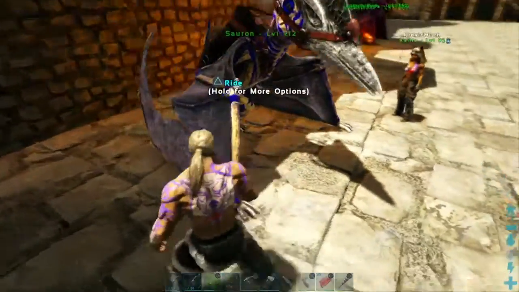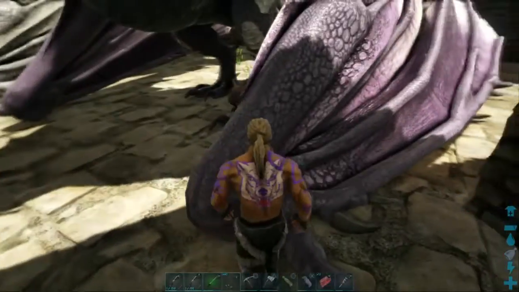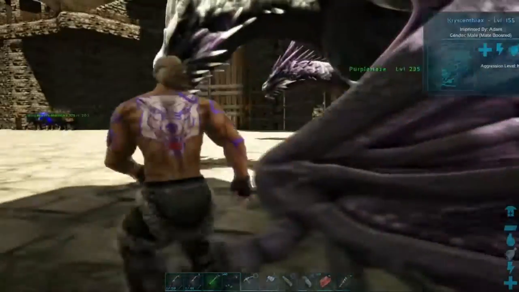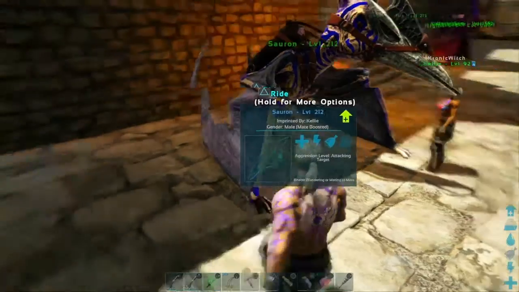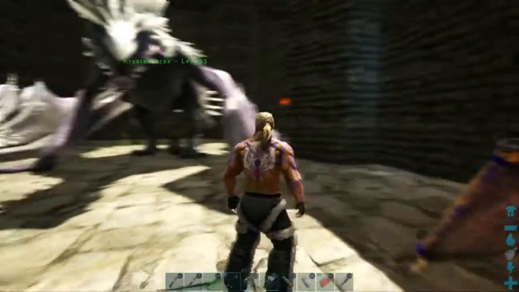Now he is actually Kelly's, he's imprinted to her, just like the dragons. As you can see here on my one, if I can get it up, he's imprinted to me. Obviously Kelly's dragon's imprinted to her, and this one's imprinted to Kelly, just under his name, Sauron. Now that basically means that she will get a rider boost whenever she's on him, and I'll just show